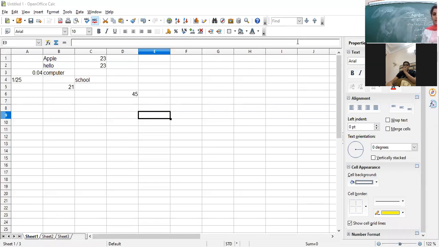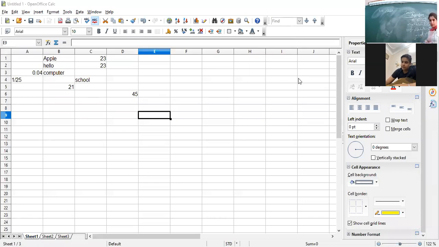The dollar sign means this value will not get changed. So you need to put a dollar sign before the column letter and a dollar sign before the row number. For example, $B$2. I made the column letter absolute by putting a dollar sign, and the row number also becomes absolute by putting a dollar sign. Right?